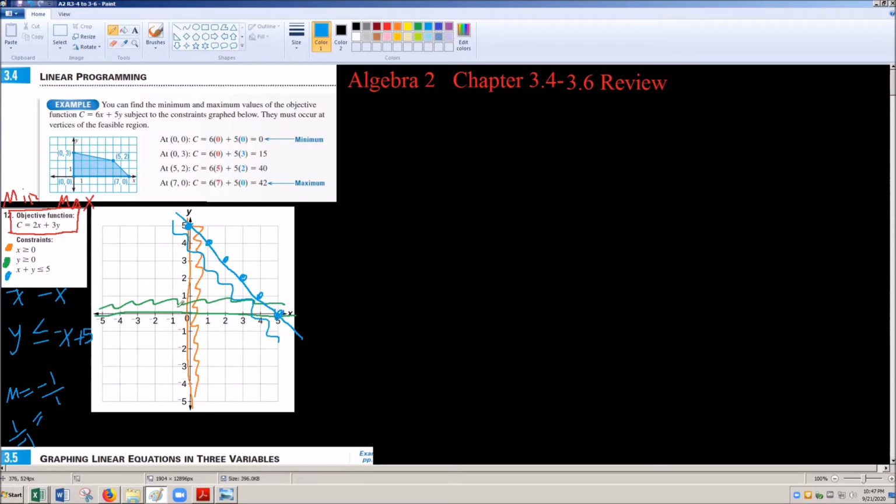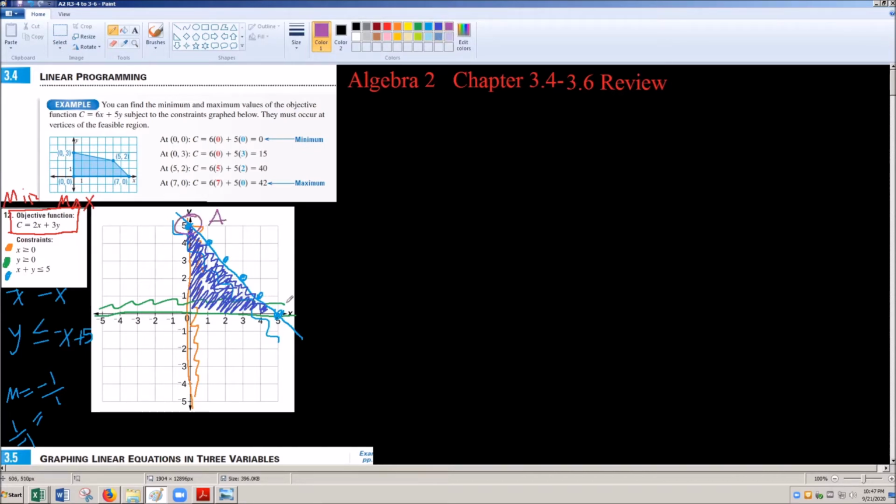So now I want to find the common bounded region. So I'm going to pick a dark purple here. From this point, all this stuff in here where it's green, orange, and blue, okay, it's all three of these things, is going to be my shaded bounded region. So now as I'm looking at this, there's really 3 points that are going to define this region. Now, if it was something like a quadrilateral, then this is going to have 4 points that I'm going to want to test. This one only has 3. I'm going to label them